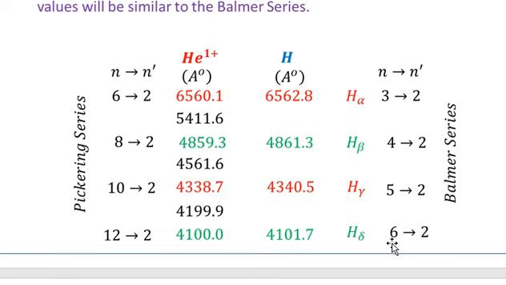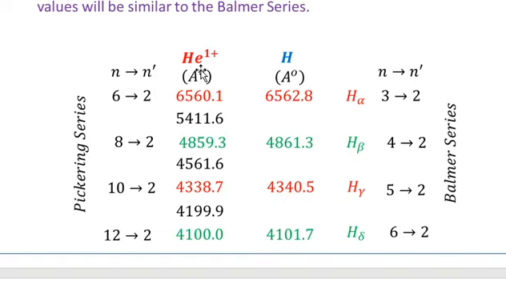The fourth line of the Balmer series will be under the transition from 6 to 2, and the wavelength emitted will be 4101.7, giving you the line which we call H delta line. So you see that I have shown H alpha line, H beta line, H gamma line, and H delta line, shown in colors red, green, and you can compare the Balmer series from the hydrogen atom with the Pickering series